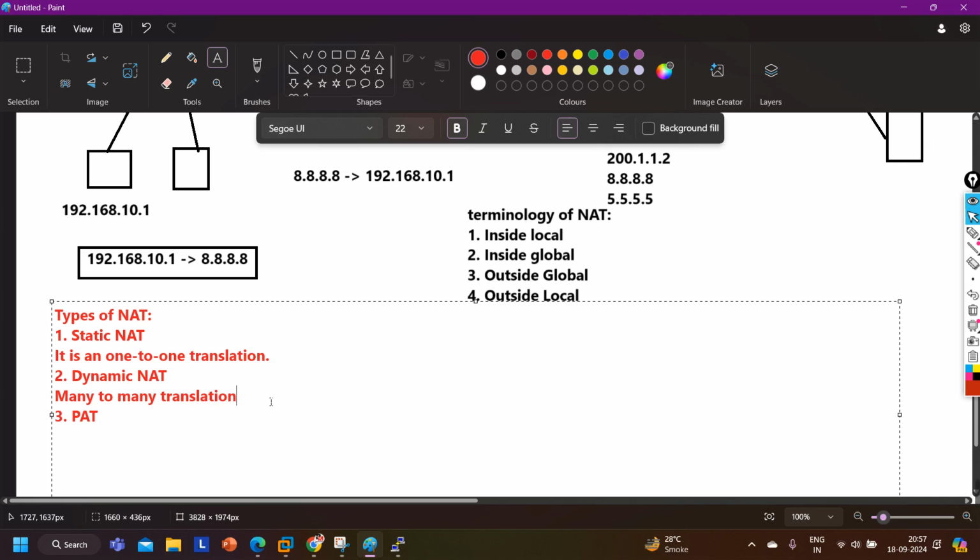Means many IP addresses can be translated into many public IP addresses. And the PAT is many-to-one translation. Means many IP addresses can be translated into a single IP address.